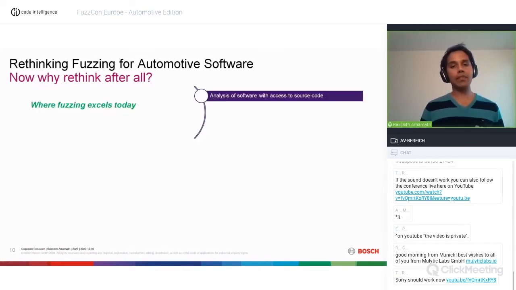Fuzz testing is efficient where, for example, we have in-house software which has to be analyzed, and there's a possibility to access source code. This is the typical realm of white box fuzzing, I would say, which is also predominant in industries these days. Even Microsoft keeps doing this kind of fuzzing on a day-to-day basis.